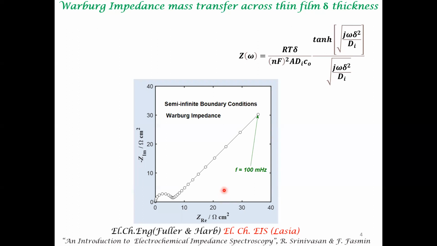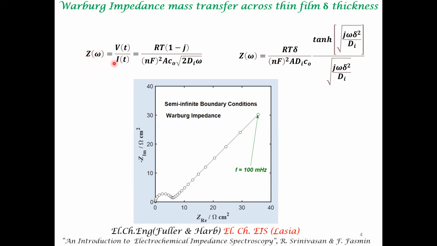What you may see is that in addition to these kinds of semicircles, you may see a straight line, at an angle of 45 degrees. That is indicative of Warburg impedance. It is not that every EIS spectrum which you measure will have this Warburg impedance. Sometimes you do see this feature, the straight line. And the reason for the straight line is that there is mass transfer limitation in your system. Why a straight line at 45 degrees? That is to do with the